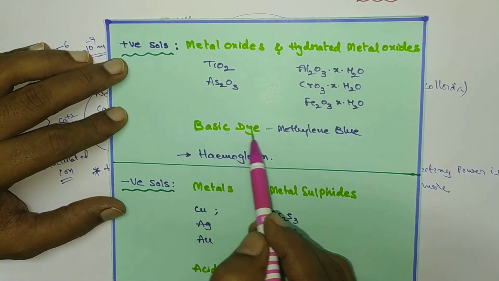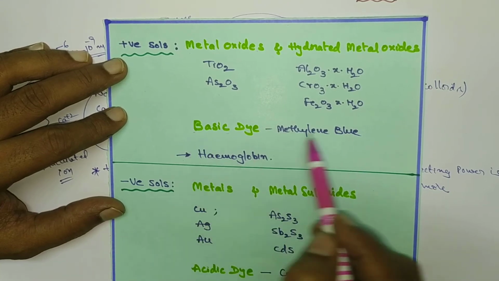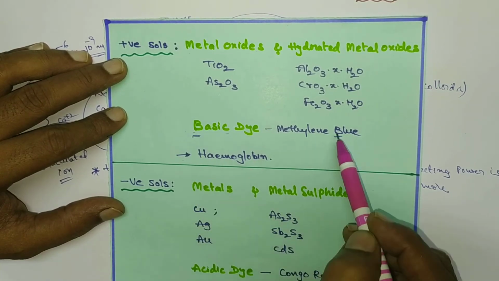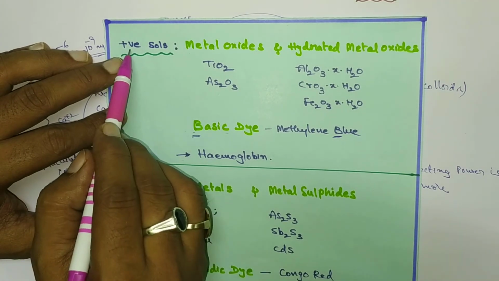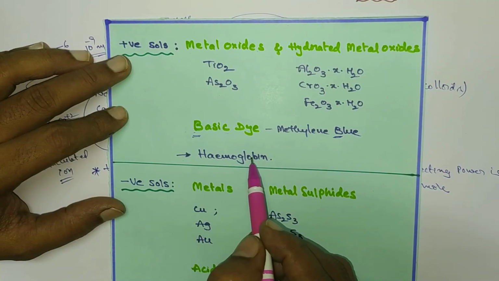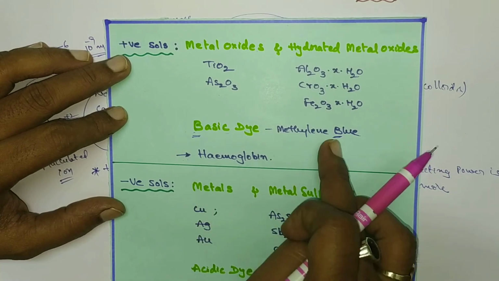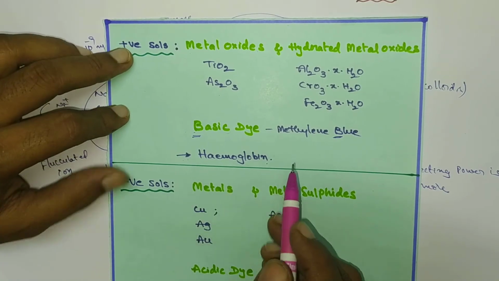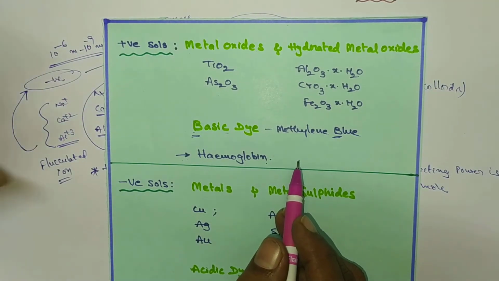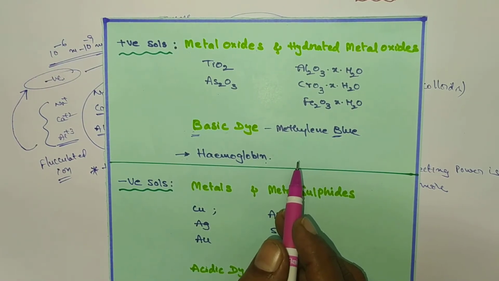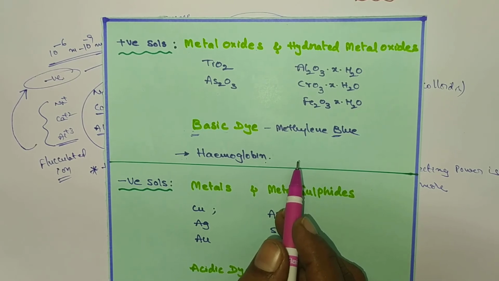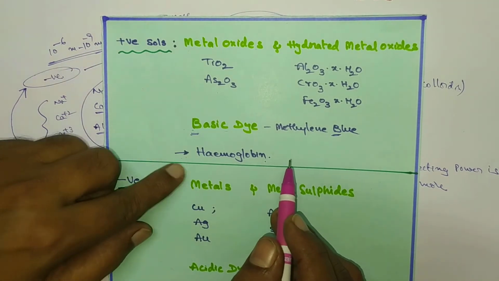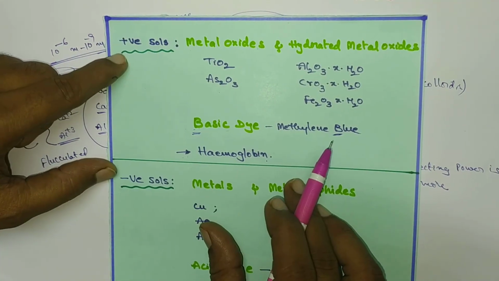And basic dyestuffs, that is methylene blue. You have to remember like this: basic dyes and methylene blue belong to positive colloids, and blood also belongs to positive colloid. So hemoglobin, blood, blue, basic, positive. Blood means hemoglobin. Generally blood consists of two Rh factors, plus and minus. Which one is generally more? Generally the positive Rh factor is more, A positive, B positive, like that. Rarely there are A negative and B negative. So that's why you have to remember like this: hemoglobin, blood, basic and positive colloid.